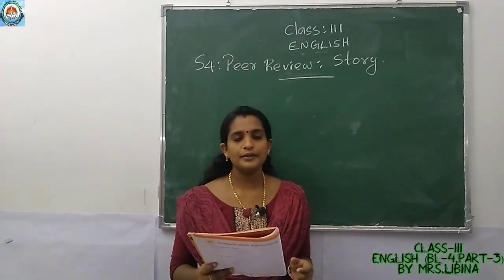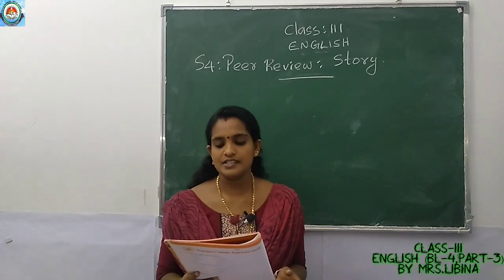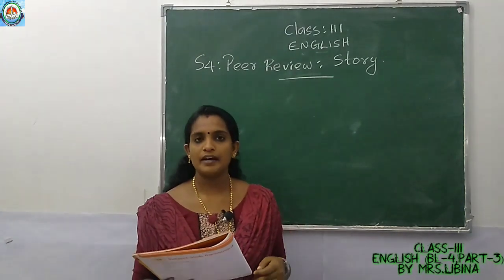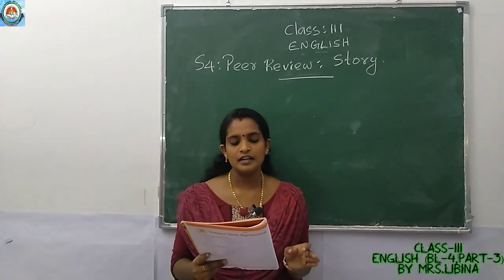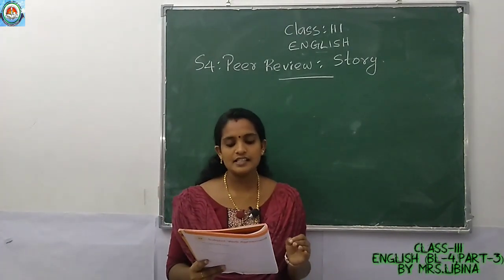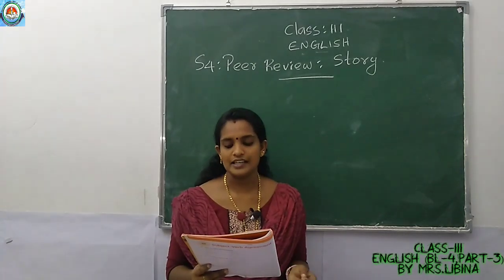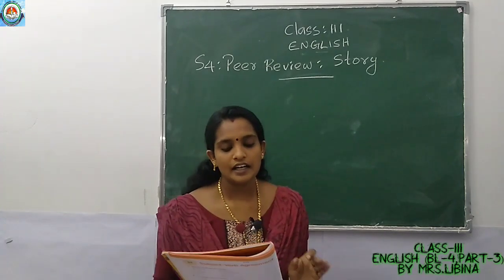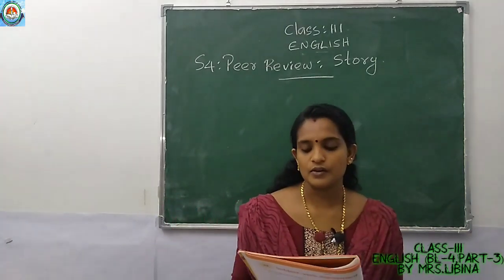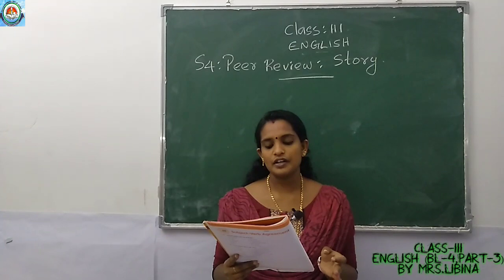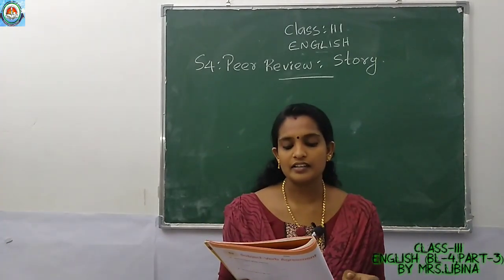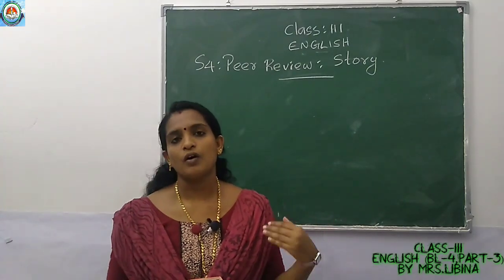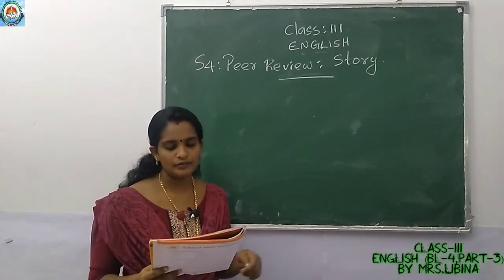Listen. Read your partner's story and fill in the checklist. Underline the subject and circle the predicate. Reviewer's name and author's name, you have to write the peer review checklist. Does the story talk about a character? Yes or no, name of the character. You have to write the name of the character here. Does the character go somewhere? Yes or no, place. Does the story use verbs to describe how the characters act? Yes or no, verbs used jump or walk or see, any verb, okay.